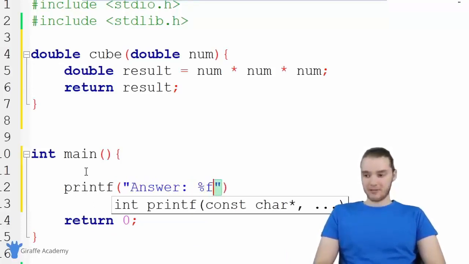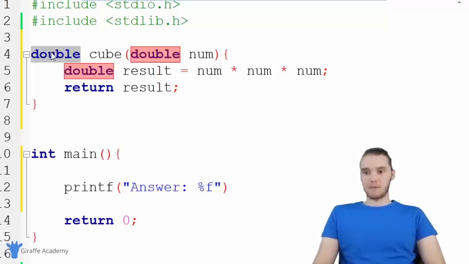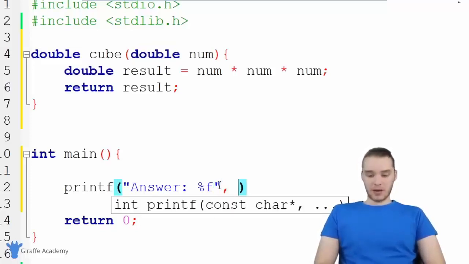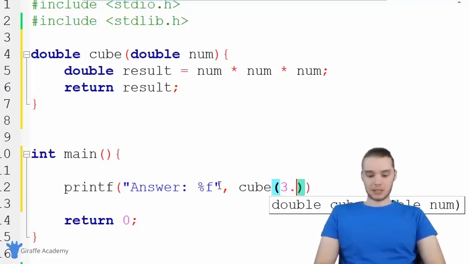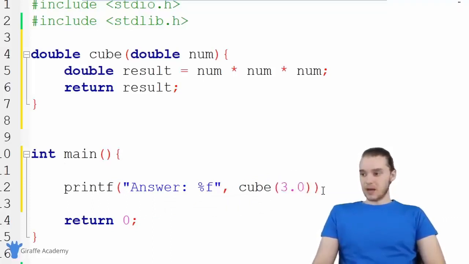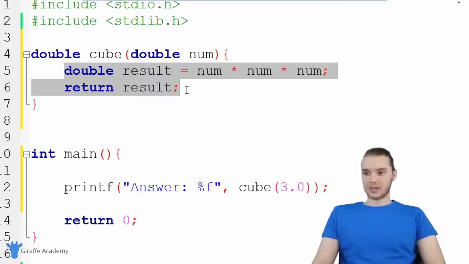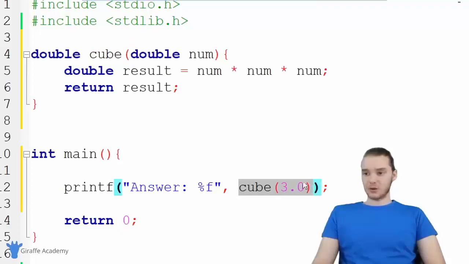So I'm using %f because we're expecting to get a double back from here. Remember, double is a return type. And over here, I can just say cube, and we'll pass in a number. Let's pass in 3.0. Essentially, what's going to happen now is we're going to call this function. All this code's going to execute, and this function is going to get a value back, basically the value of